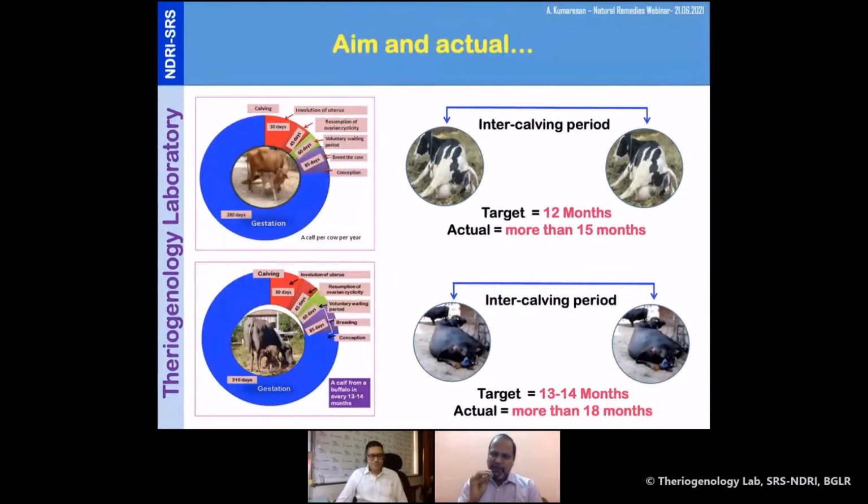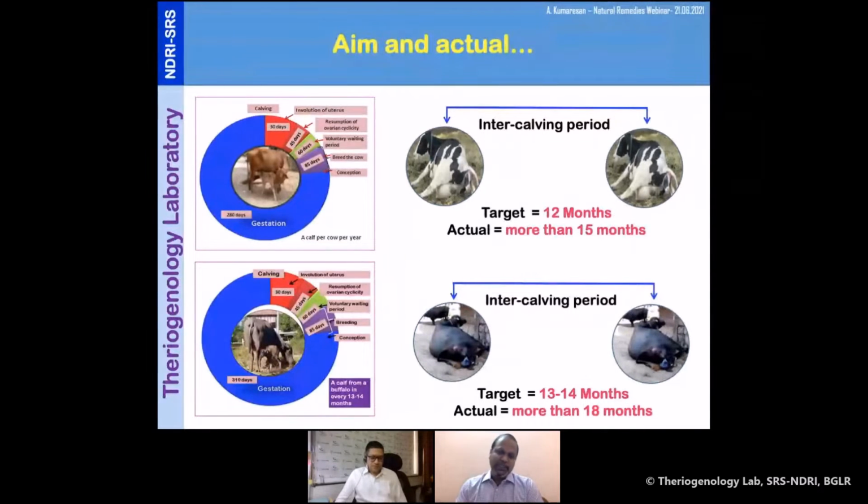If you talk to any farmers, there are two issues that come as a target or aim for them. One is that his or her animal has to produce more milk, an ample amount of milk, and at the same time it has to produce more calves, especially the replacement stock in the case of females. These two invariably come into everybody's mind as an aim or target. But these two are directly related to one thing, called reproduction efficiency. Without sufficient reproduction efficiency, it is not possible to get more calves as well as more milk from a particular animal.